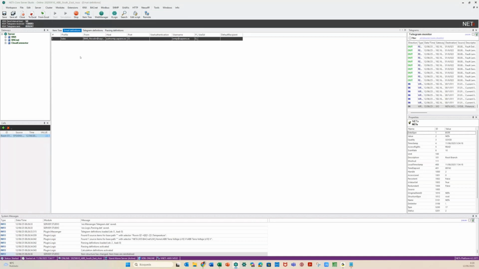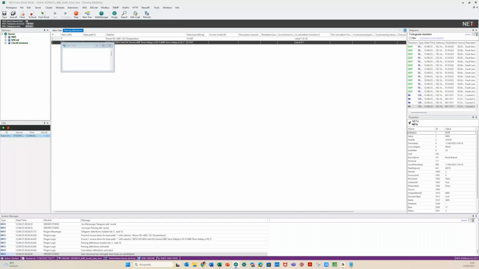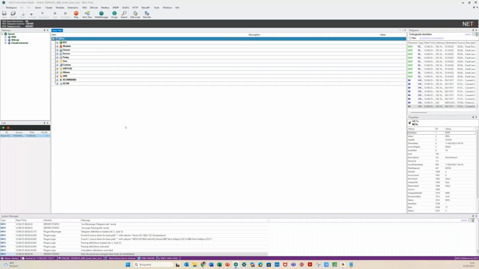Let me show you something about Lua scripting, for example. So, okay, parsing definition for logic. The next example is using Lua scripting. So, a few minutes to do this. Edit script